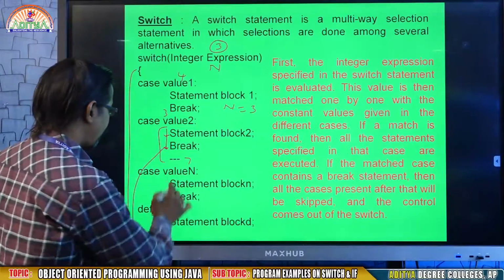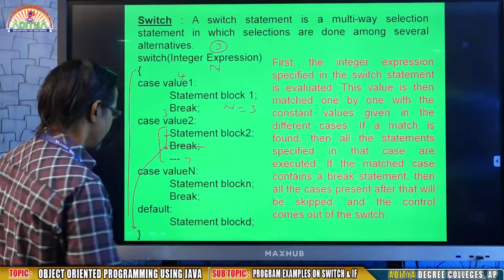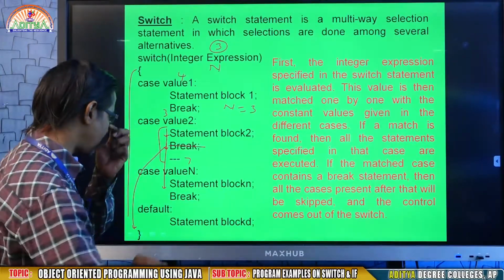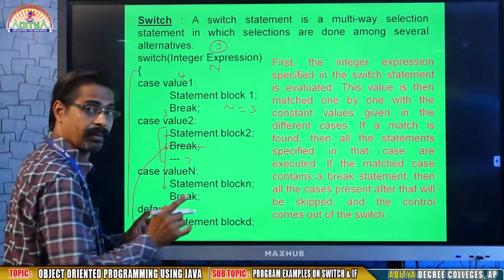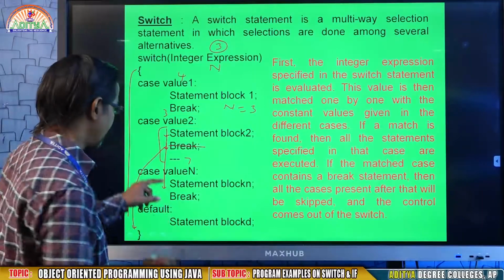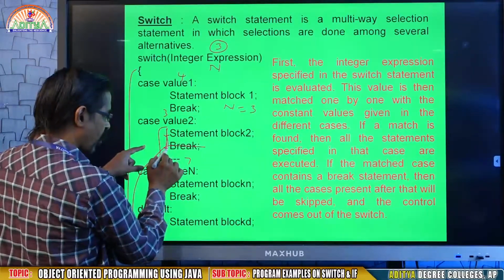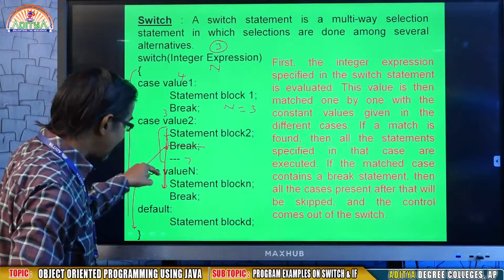In case you forget to write break, then it automatically follows to the next case. Of course, in the next case, it will execute the body. But one important thing is, assume there is no break. This 3 is matching with the 3, so it will execute the body. No break is there, so it will automatically go into the next case.